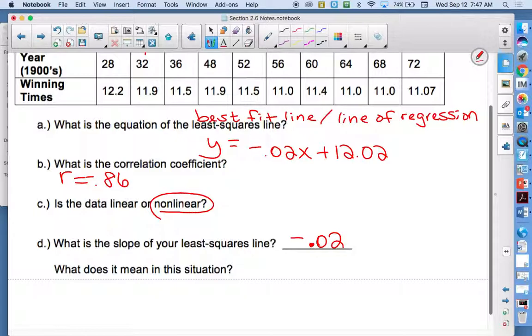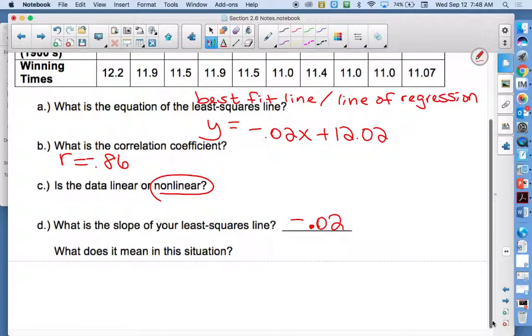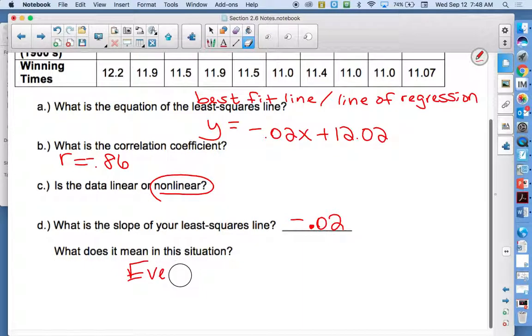Is it every 4 years? It's actually not every 4 years, it's still every year, even though the Olympics aren't every 4 years, because if I made this into a fraction, I would still just put it over 1. So we wouldn't put it over 4, because if you put it over 4, then you're changing the quantity. So it still is every year, even though you're counting by 4 years. So every year,